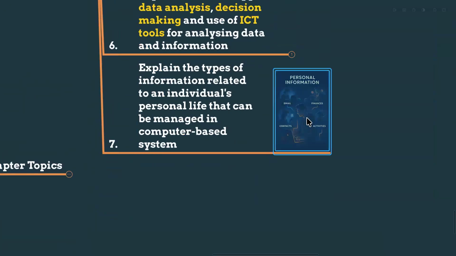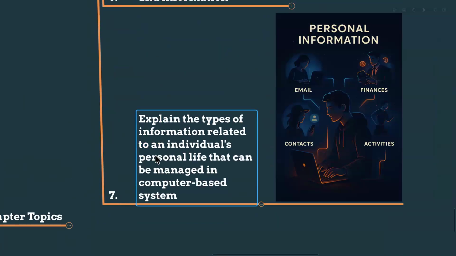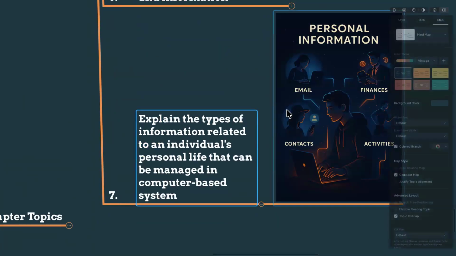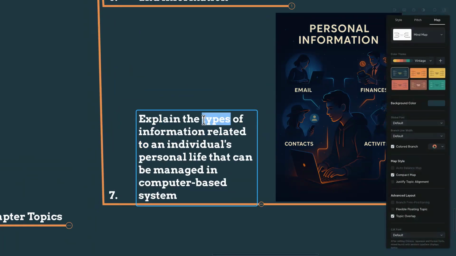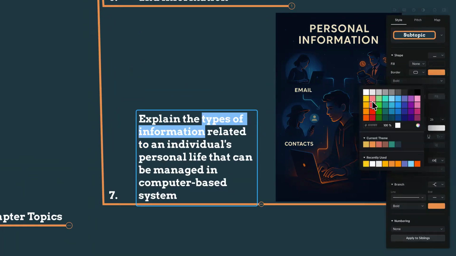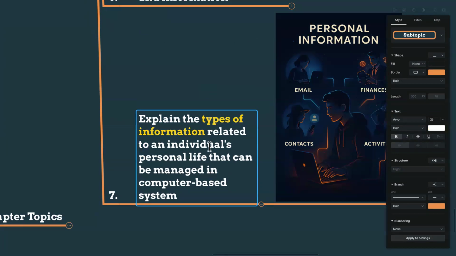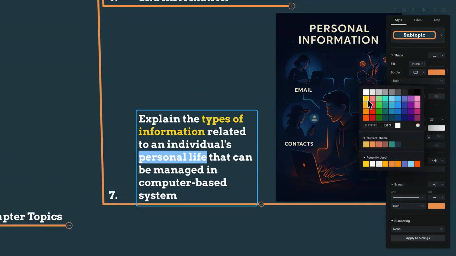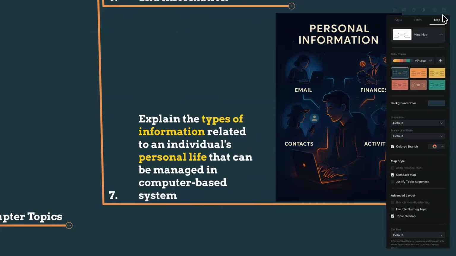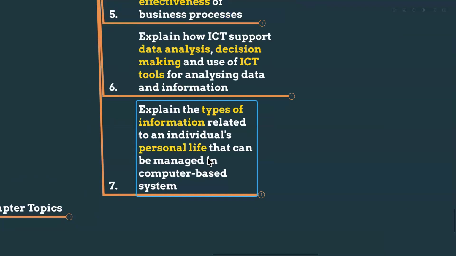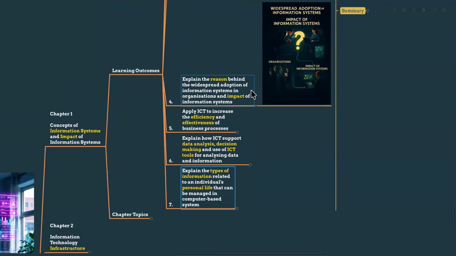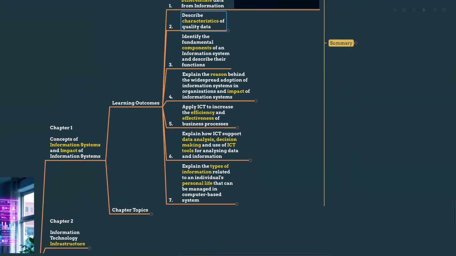As well as the seventh objective, which is to explain the types of information related to an individual's personal life. So we will learn about what types of information are available in an individual's personal life. It's important because we will learn about personal information management, right? So these are the learning objectives, my dears. We have to get through with this